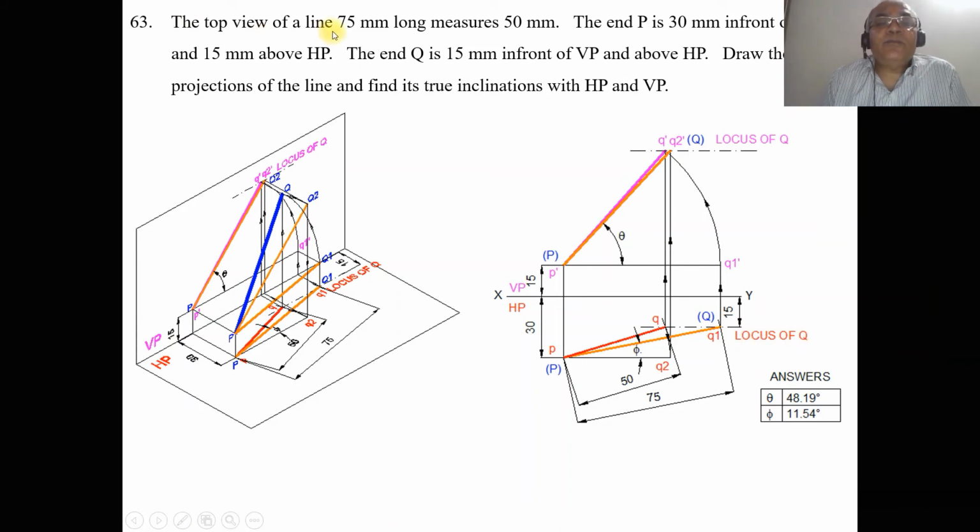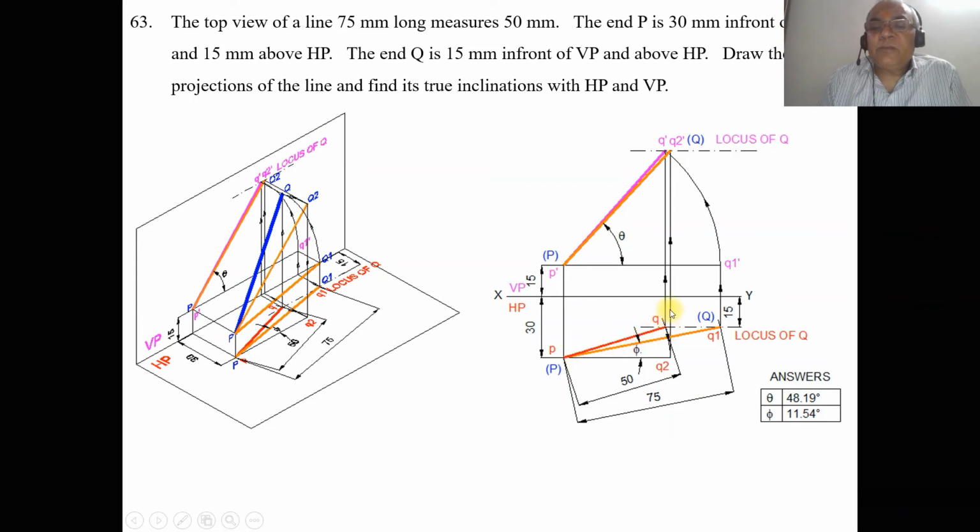So we have the top view true length as 75. From P, by using the compass, you measure a distance of 75, cut on the locus, and you get this point as Q1. Then join P and Q1 with a little bit thicker line than the XY line. As we say that it is the true length, you mark this as capital Q here. Similarly, using the compass, you measure a distance of 50, that is the top view length, with P as center, cut an arc on the locus of Q, and mark this point as small q, then join P and Q with a dark line.